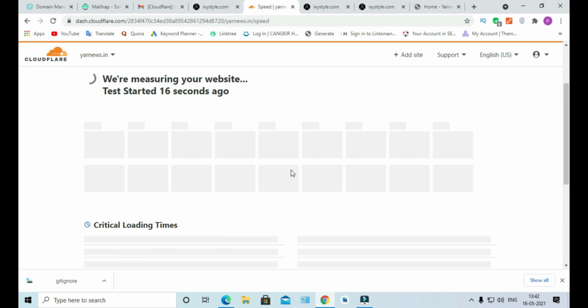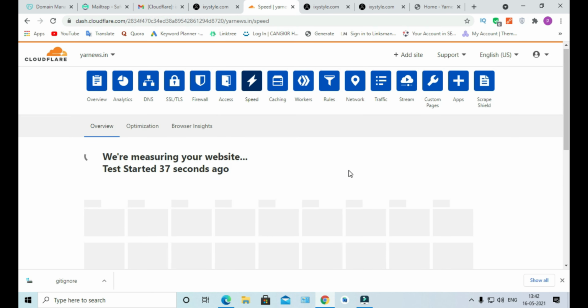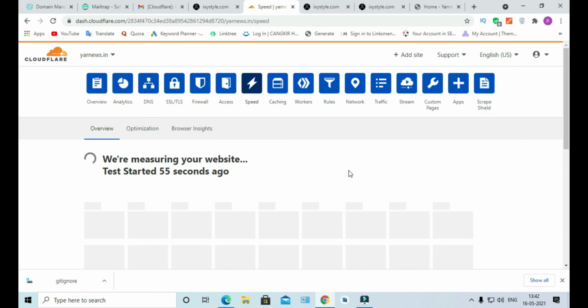Okay, and coming to the site, see, you can measure your website speed. If you type in any website, the site is loading, right? But what is the time, you don't know, right? We can check here the estimated time for loading your website. Okay, and you can check the critical errors also.